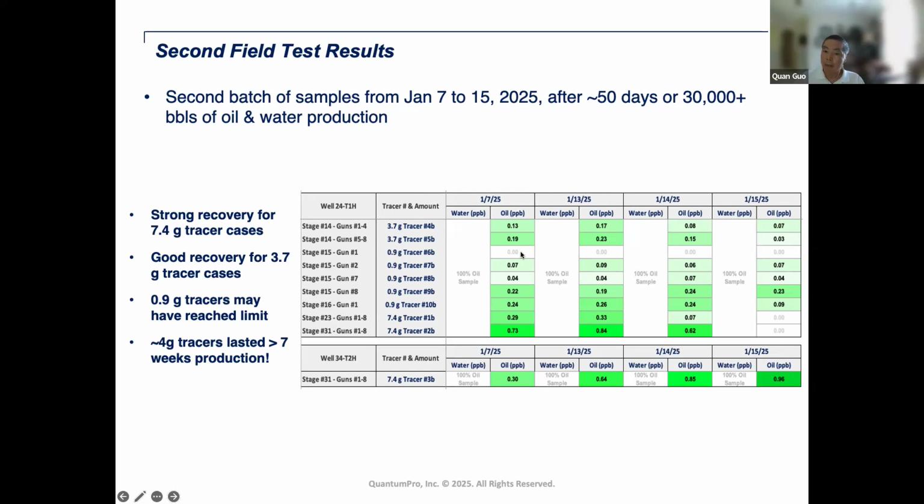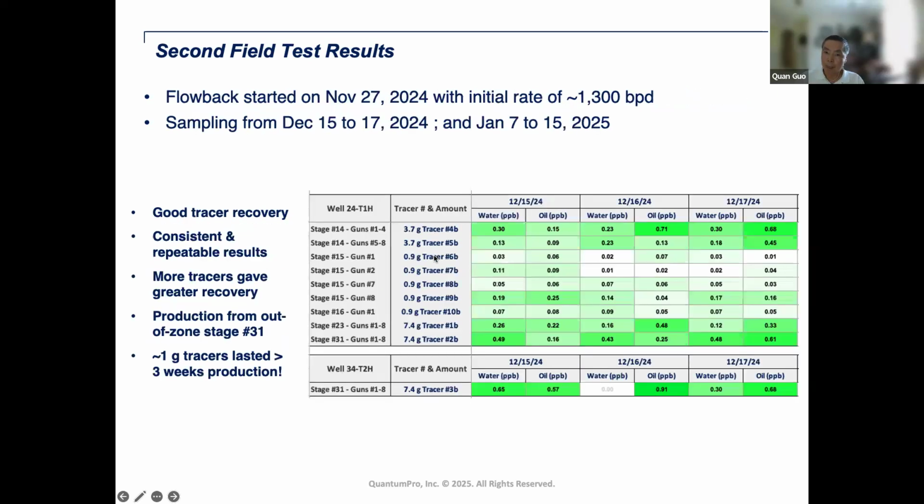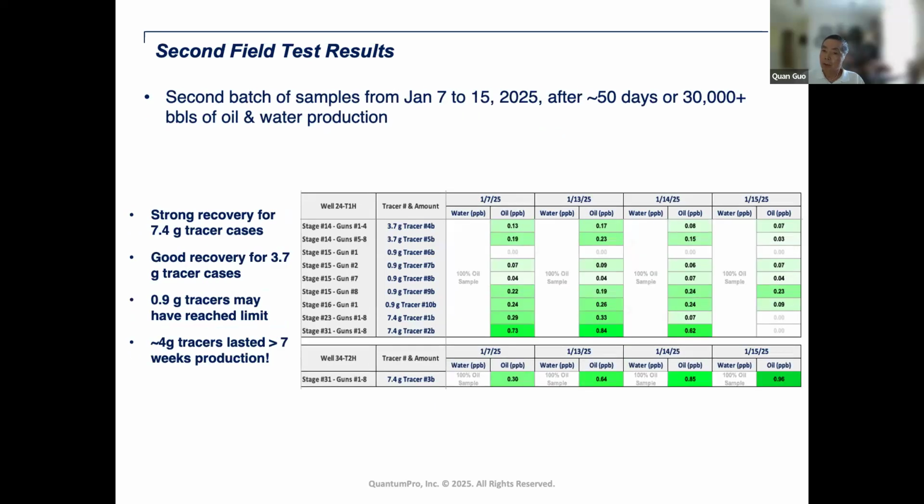The reason is that if you compare these, even from the very beginning, this cluster had very poor production compared to other clusters. So as time goes on and the reservoir depletes, the production from this cluster basically shuts off. But since one of the objectives, when we see the tracer detection, was